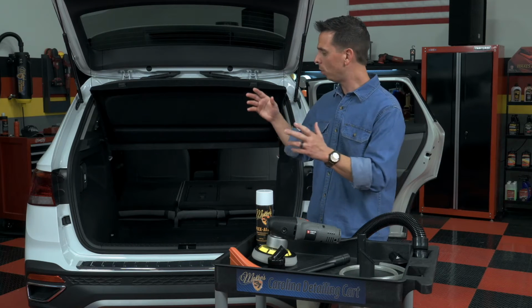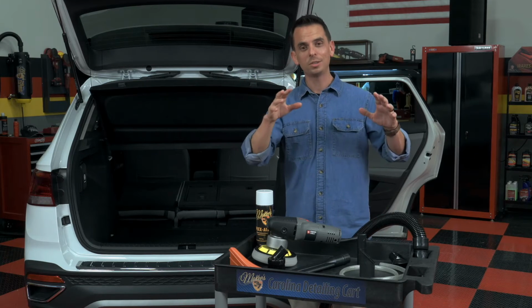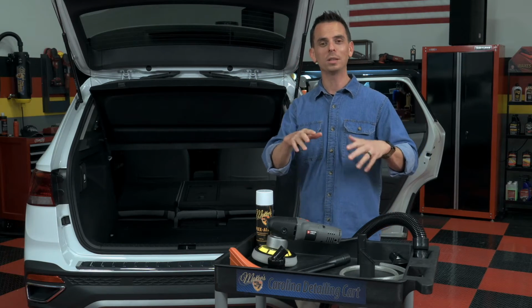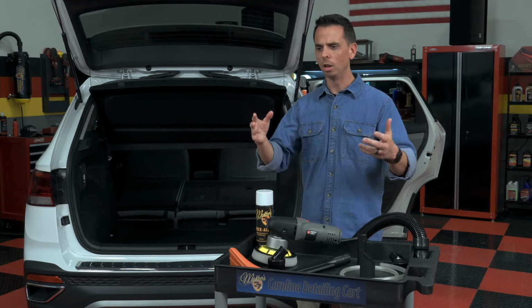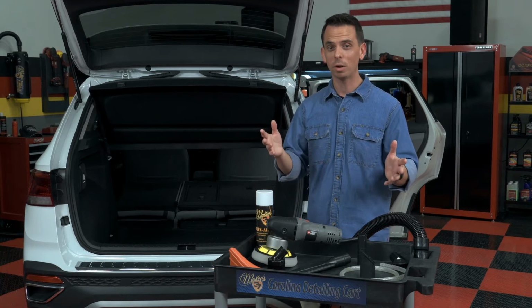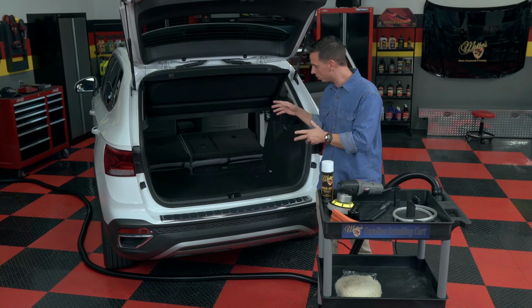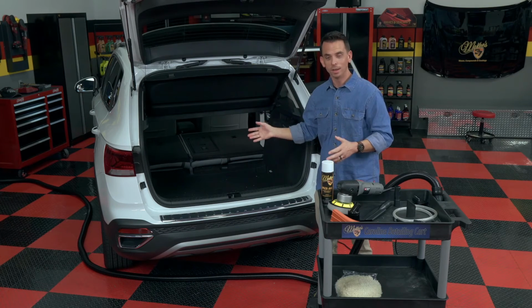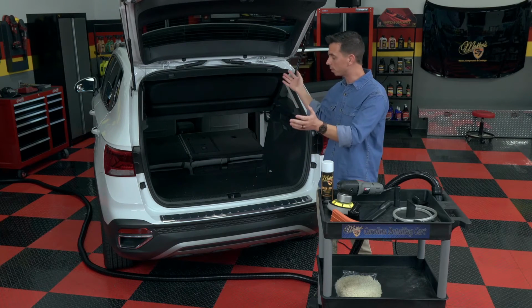Now, there's not a whole lot of glory in vacuuming your vehicle. However, once you see just how easy it is using the right attachments, you'll agree that it takes the guesswork and it also takes the laborious component out of vacuuming your vehicle. So it's actually quite simple. Now, the first technique I want to discuss is vacuuming the cargo area. And this technique is not just for the cargo area, but the entire part of the vehicle, including the leather